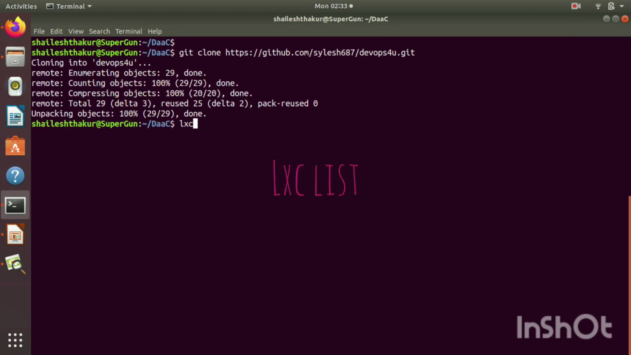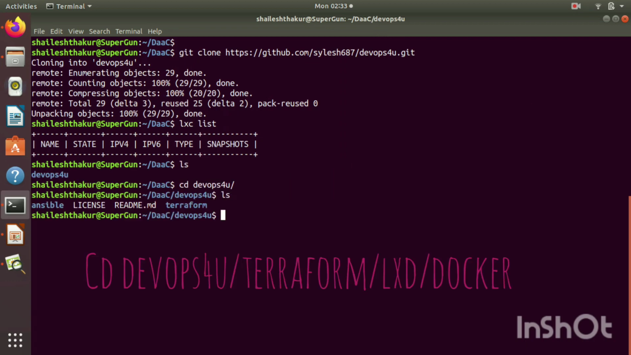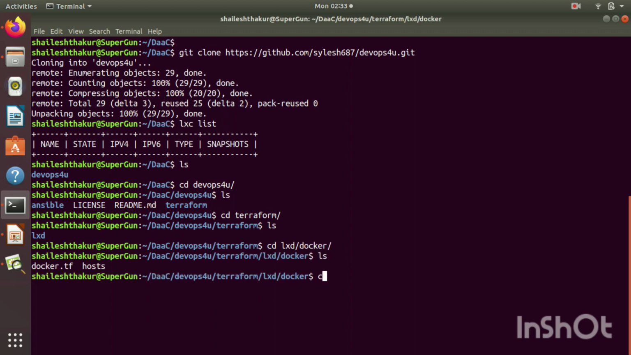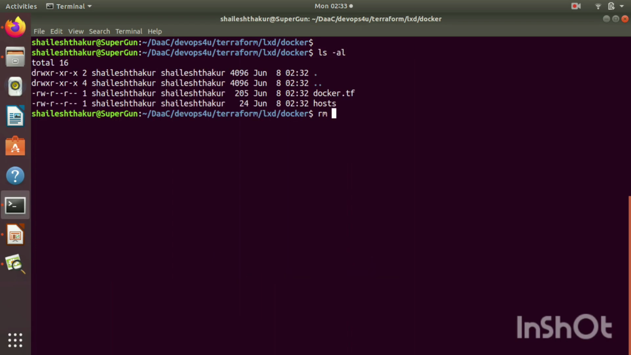Before we proceed, let's check what all we have. We have no containers as of now. Another thing we do is go into the folder called DevOps for you, Terraform, LXD, and Docker. That is the place where we have our TF. So this is the TF. If you want, you can go ahead and check it. All we do from here is